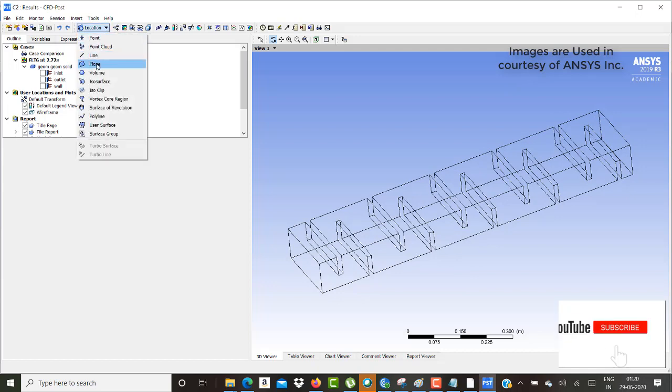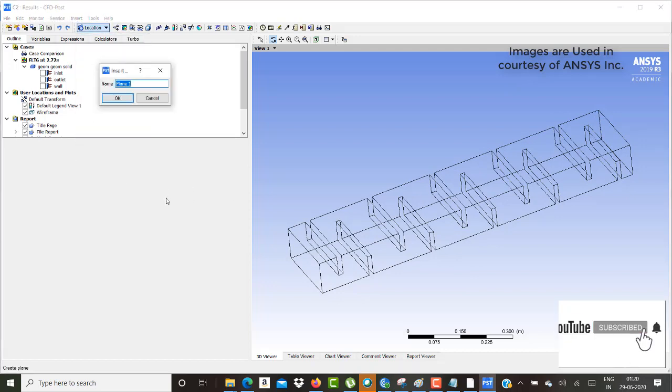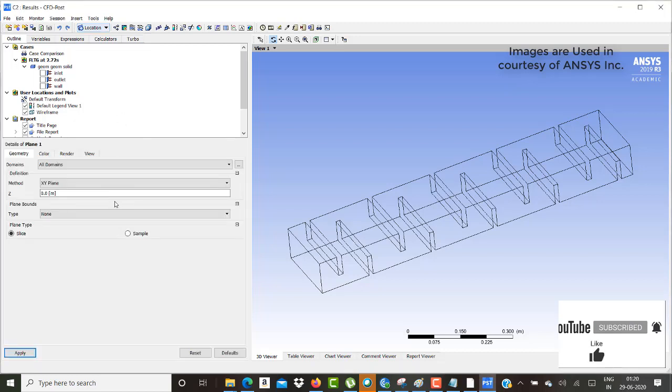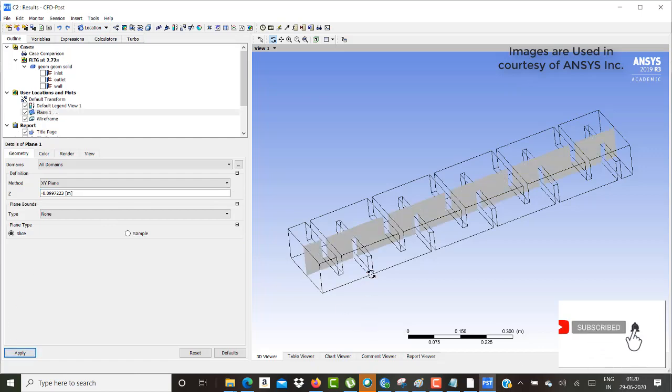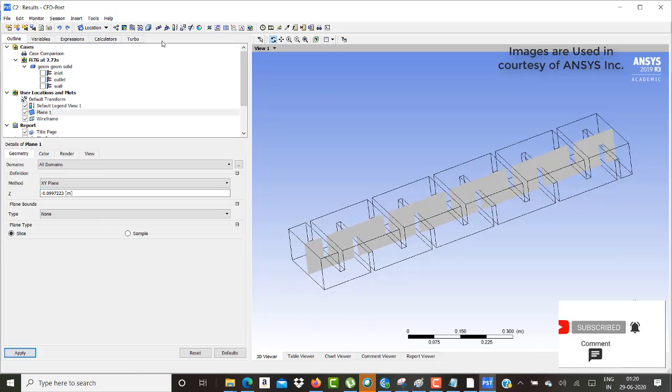I'll create a plane first. So an XY plane, maybe at the center. Yeah, I've created the plane.